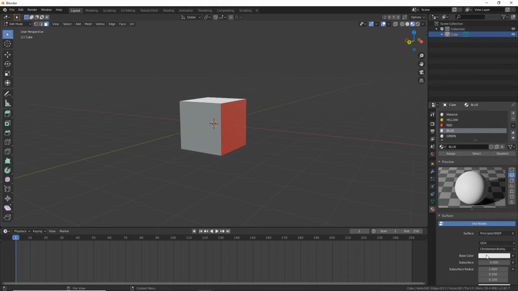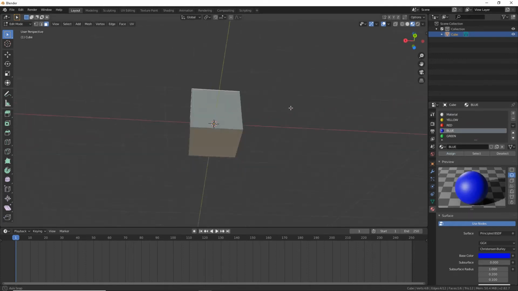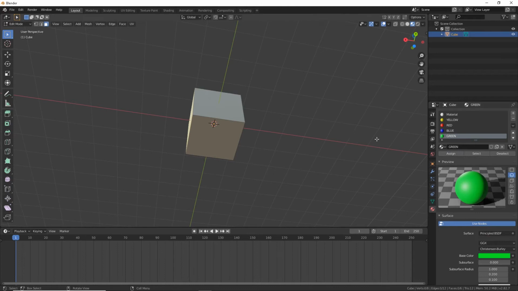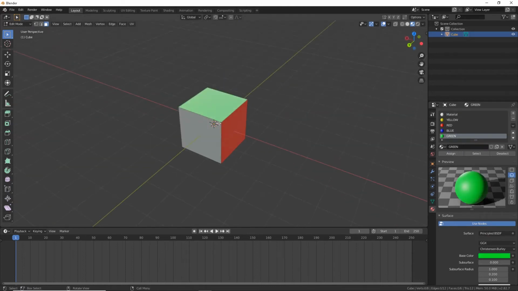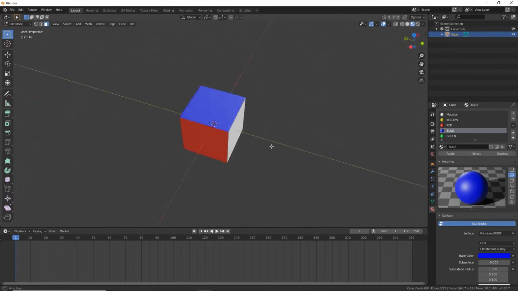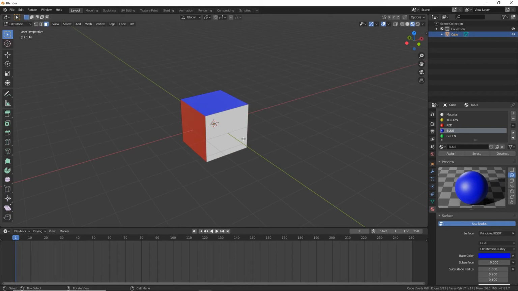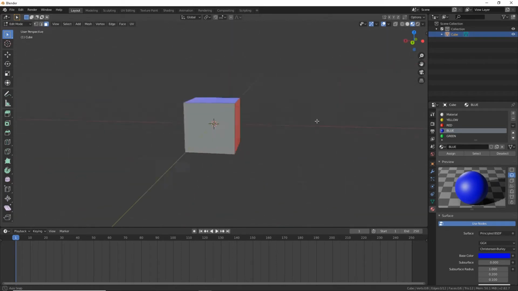And once we've done that, let's quickly set the colors. And now you can select this to be blue and this to be green. So now, as you can see, well, there's still 2 whites, but this cube has several